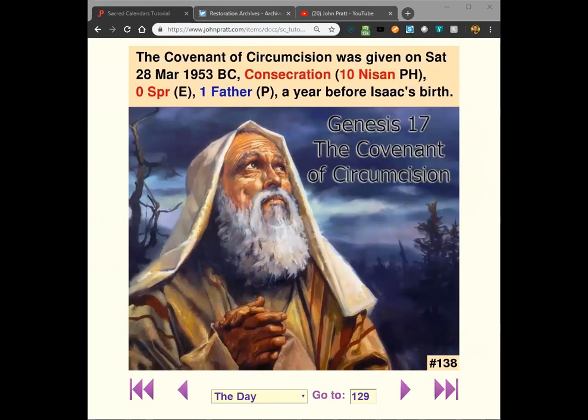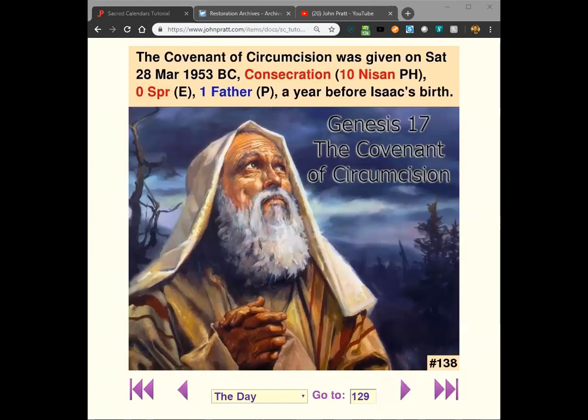Oh, and on the priest calendar, which we did when we very first started the class, it's the day one father. And father is the short name. It really means father chosen by God. And it is one thing Father Abraham is called. He's Father Abraham. He's not High Priest Abraham. His main title is Father Abraham. And he's born, and the covenant was given, on one father. And that was the covenant about his children.